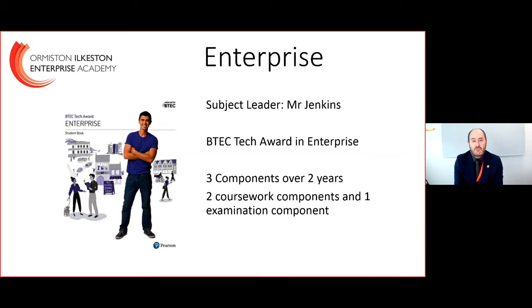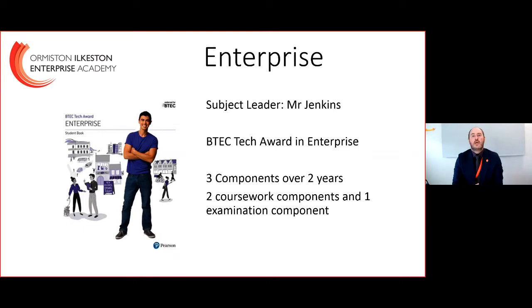The first thing for me to say really is that enterprise is a vocational subject, so it's a BTEC, which is slightly different from a GCSE. A BTEC subject means that there's going to be elements of coursework involved in it. So this course is largely 60% coursework and then 40% exam, compared to a GCSE, which would be a lot,